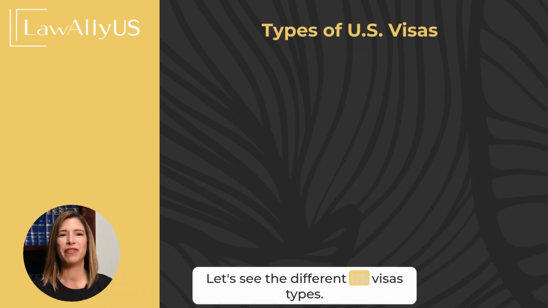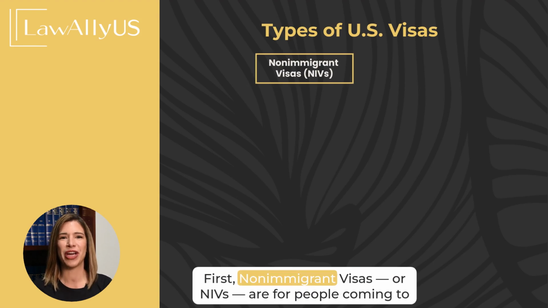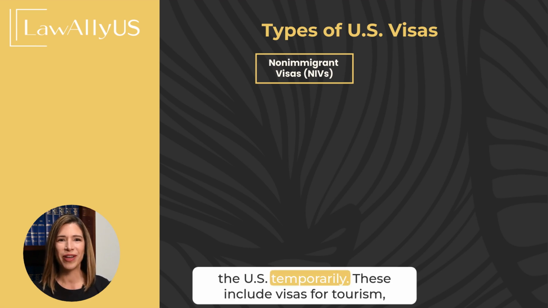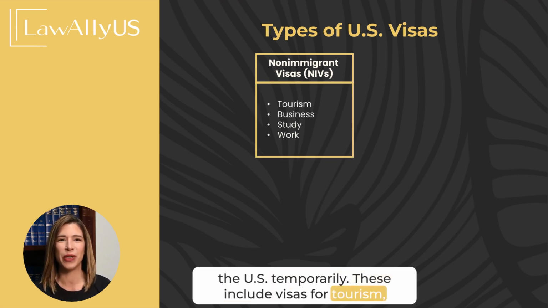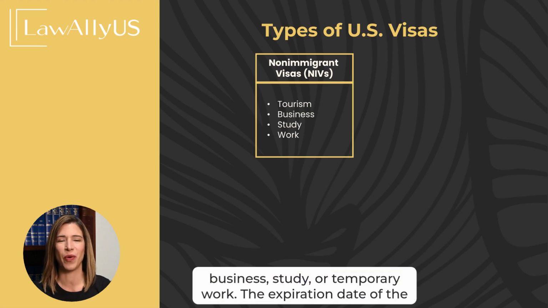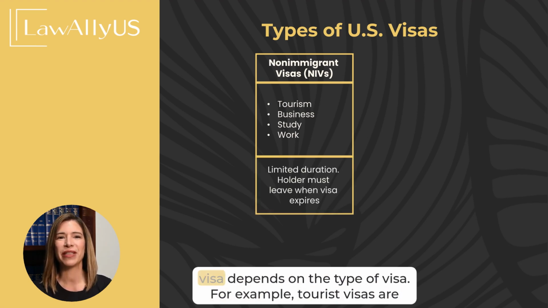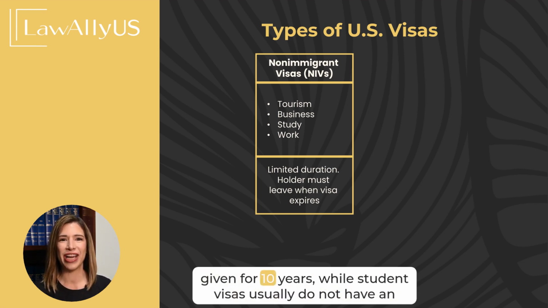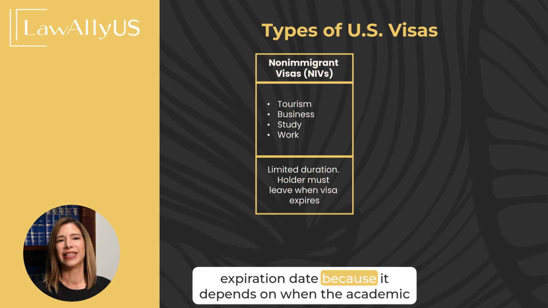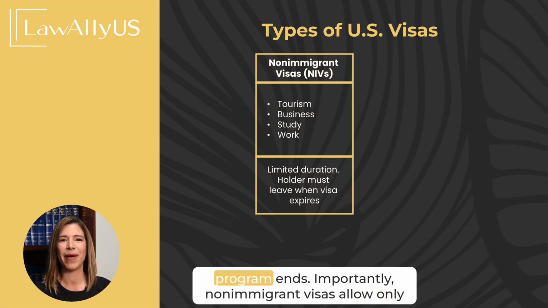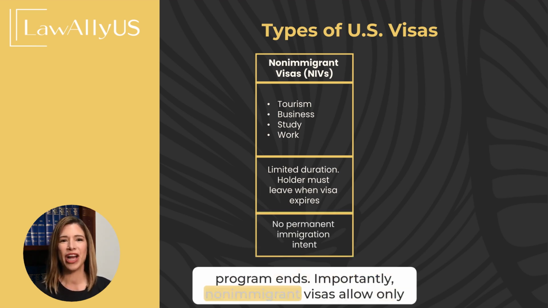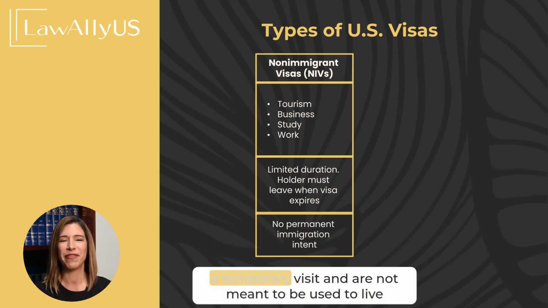Let's see the different U.S. visa types. First, non-immigrant visas, or NIVs, are for people coming to the U.S. temporarily. These include visas for tourism, business, study, or temporary work. The expiration date of the visa depends on the type of visa. For example, tourist visas are given for 10 years, while student visas usually do not have an expiration date because it depends on when the academic program ends. Importantly, non-immigrant visas allow only a temporary visit and are not meant to be used to live permanently in the